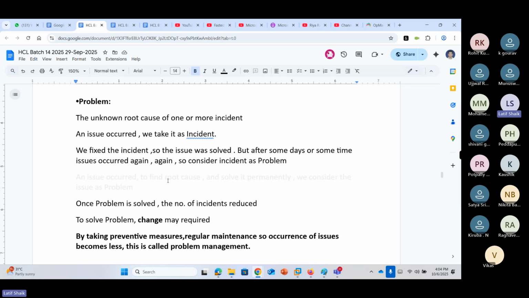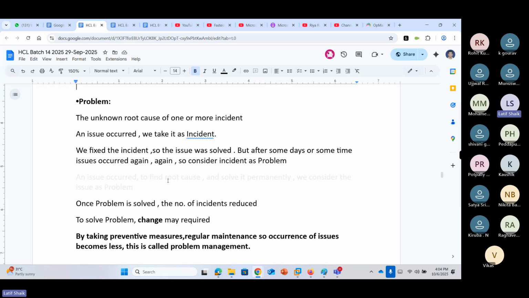Generally, guys, reactive and proactive. Incident management is reactive, meaning after occurrence. Problem management is avoiding issues before occurrence. Before anything is going to occur, we act right now so that it won't occur, like regular maintenance. Like you have a bike, and the bike suddenly stops. That is incident management.